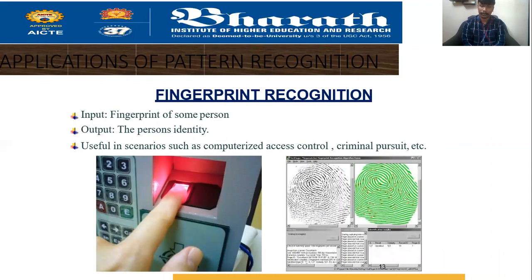And this is a methodology which has been widely used. Nowadays, every electronic or electrical gadget used by each user is enabled with a basic requirement or component, which is fingerprint recognition. Each and every module is composed with this feature to identify the person, whether the user is correct or mismatching, easily in a short time period. That methodology is called fingerprint recognition. Input will be the fingerprint of some person which is loaded as the user in